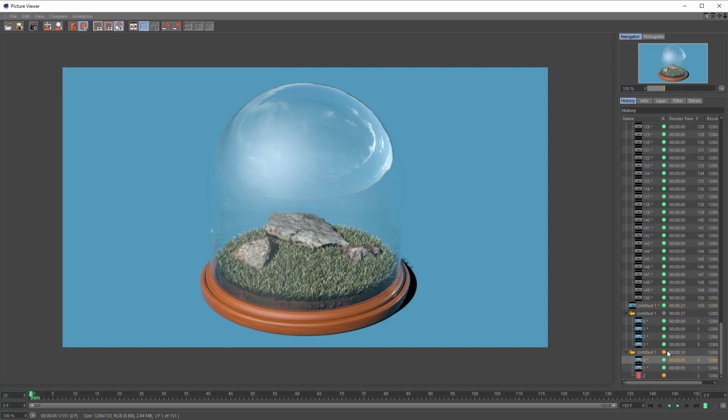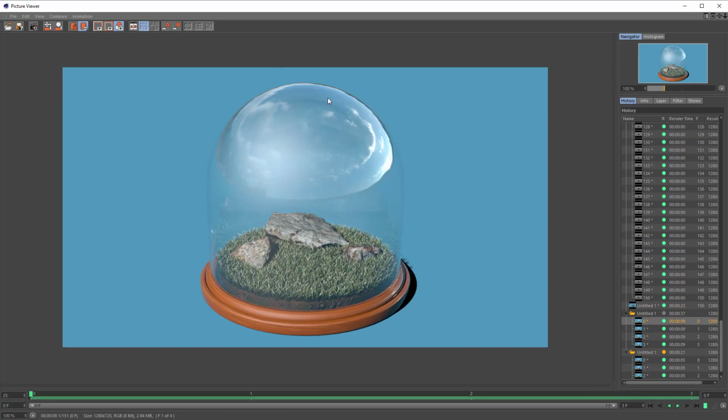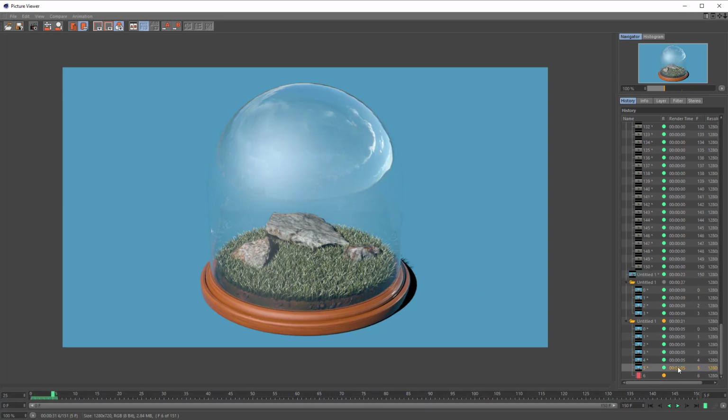And if we check, so it's a 5 second render, and now I will click, we will see a 9 second render. You see it's just brighter, and I prefer this one really, because here it's too bright. So I will keep it like that. I will make the render, so you see it takes 5 seconds per frame, it's okay for me. And so I will wait until we get to the end.